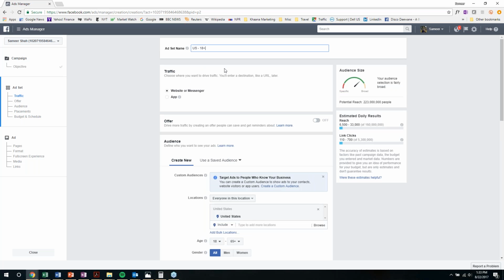Now, as we go through creating this audience, I want you to pay a little bit of attention on the right-hand side to this audience size box. What this is going to tell you is what the potential reach and estimated reach of your ad will be. Right now, since we haven't selected any kind of parameters or narrowed the audience at all, it's at 223 million. Let's start off by naming this ad set. Let's call it Gluten-Free Moms,